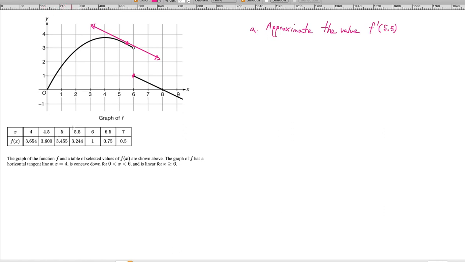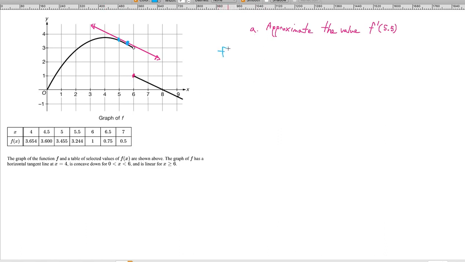So basically what I want to do here is use the point at 5.5 for x. Let's mark the two points that I want to use: this point and the point at 5. I want to compute the slope of the secant line, and that's going to be a decent approximation of the slope of the tangent line. So the slope of the secant line joining these two blue points is going to be